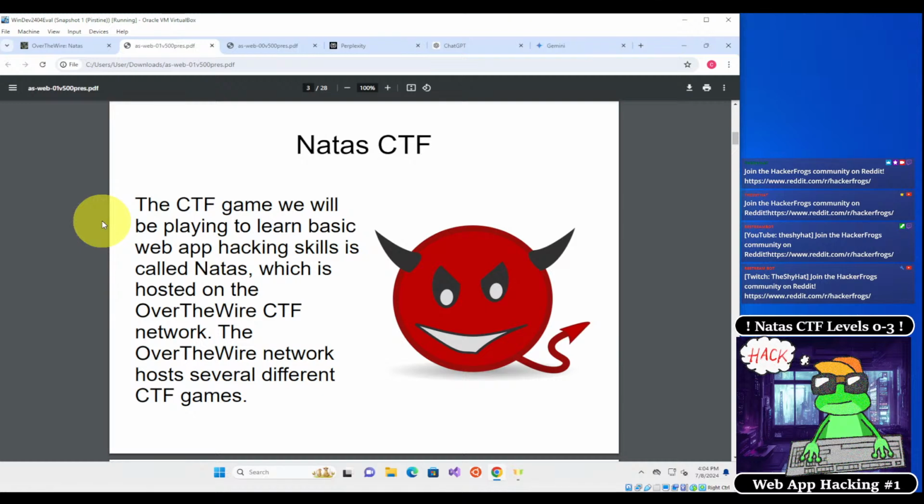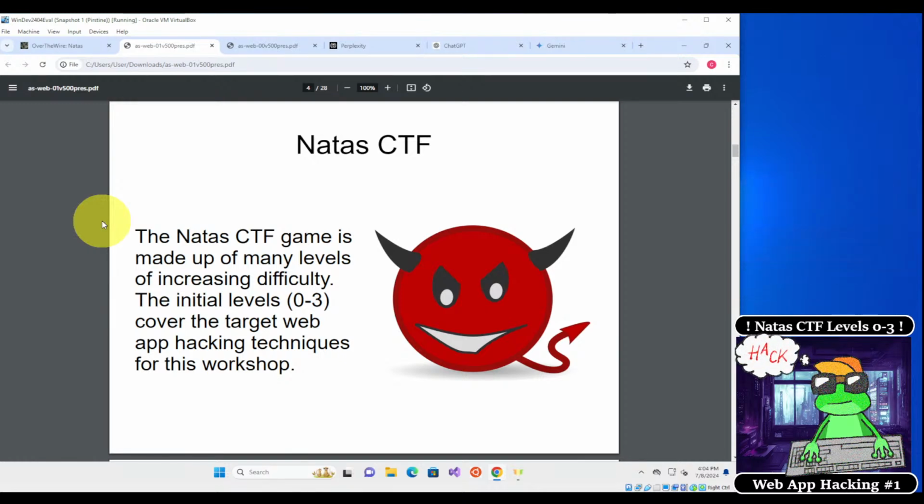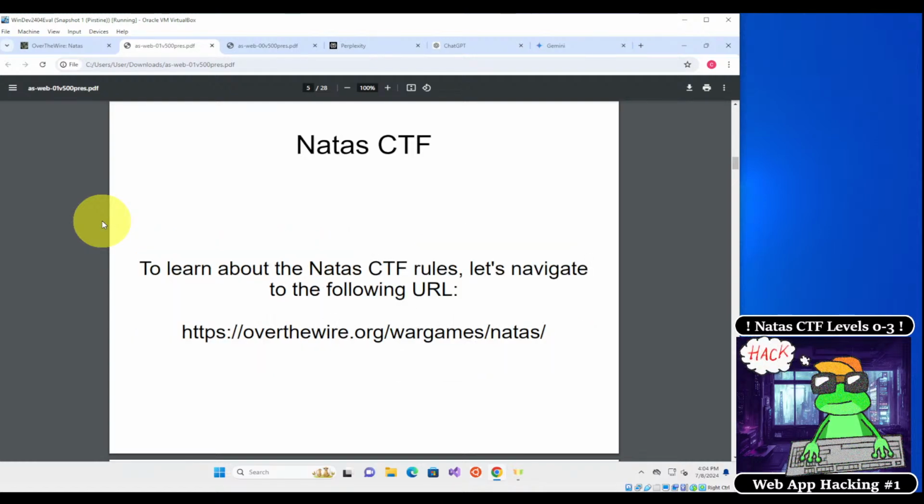So the CTF game we're playing is called Natas, and we're going to be finishing the first 4 levels, 0 to 3, in this one workshop, in this current session, and it's going to target web app hacking techniques for this workshop. To learn more about the Natas CTF rules, we're going to navigate to the following URL, which is this one right here,